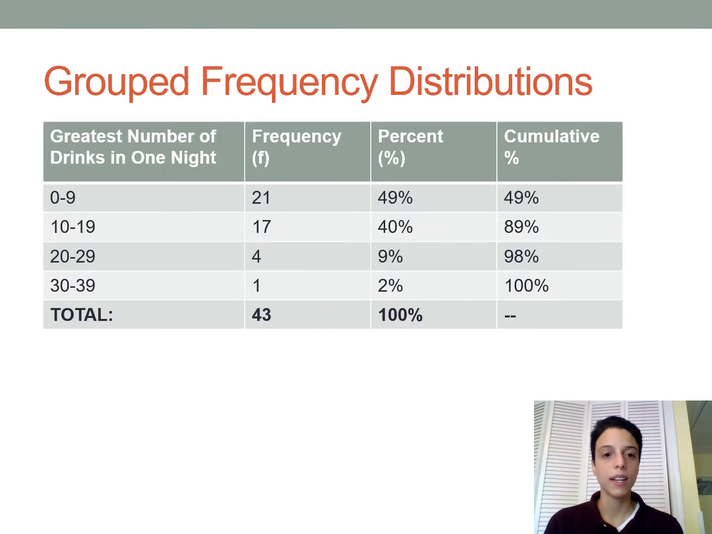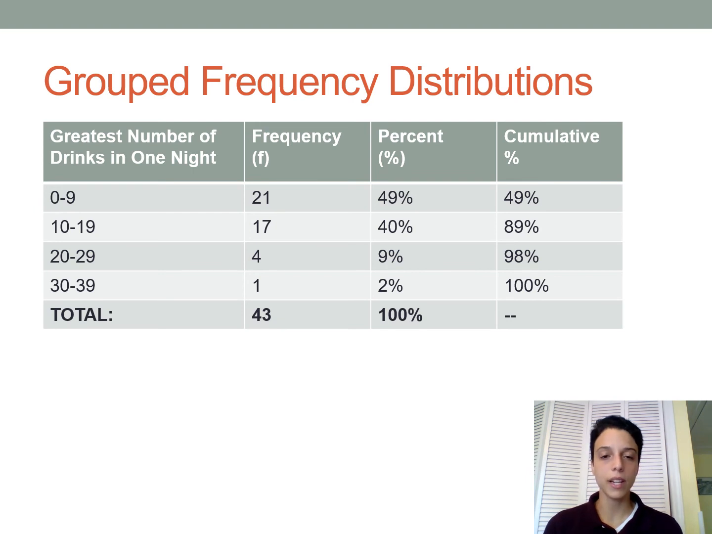And here's what it looks like. So we have 0 to 9 as our first bin, where anybody who said that they had had between 0 and 9 drinks as their most number of drinks in one night is going to be counted within that bin. And for there we have a frequency of 21, which means that on that last page we had 21 people who had had between 0 and 9 drinks as the most number of drinks in one night. Same thing with 10 and 19. 17 people had maxed out at between 10 and 19 drinks per night. 4 people had maxed out at between 20 and 29 drinks per night, and only 1 person was in the